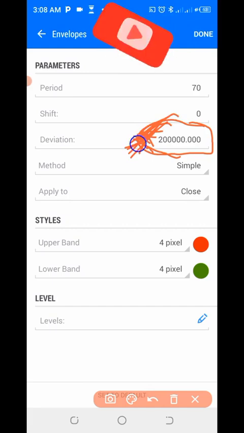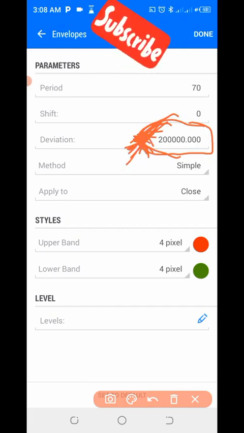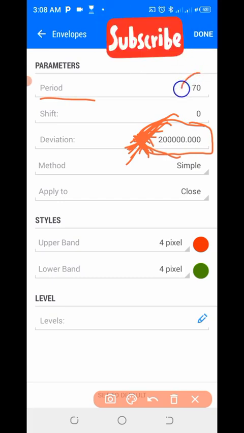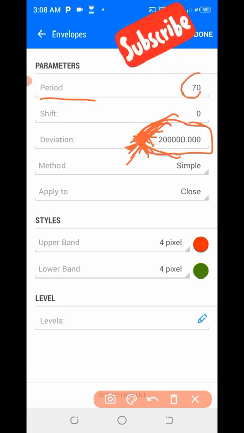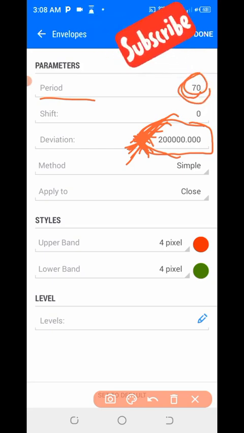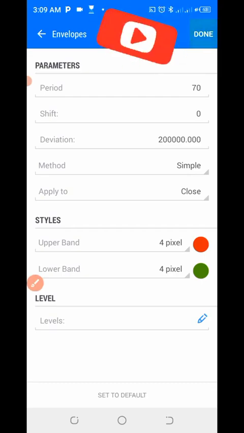This is part of the pros and cons of this strategy, right? And if you observe very well, we're using a 14 period on the Bollinger Band, but here we are using 70. Another time I'm going to tell you how we arrive at this 70 for the envelope, but that is not what we are covering now. So once you are done, you click on done, right?